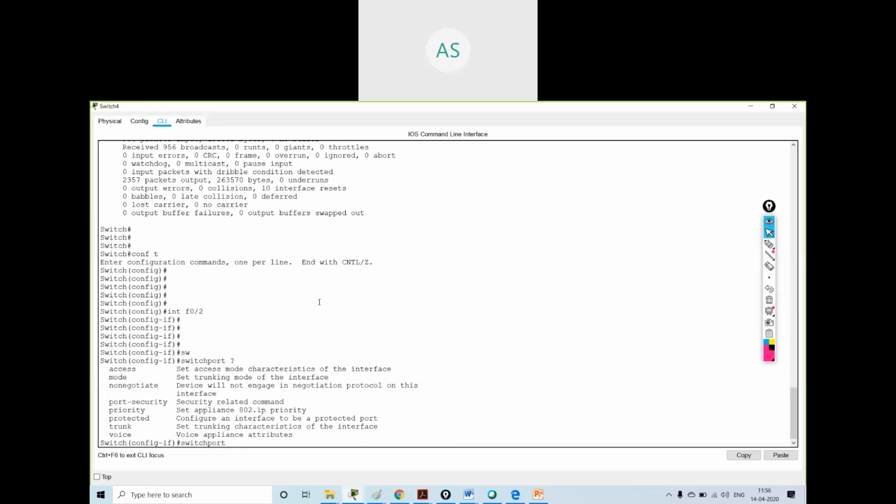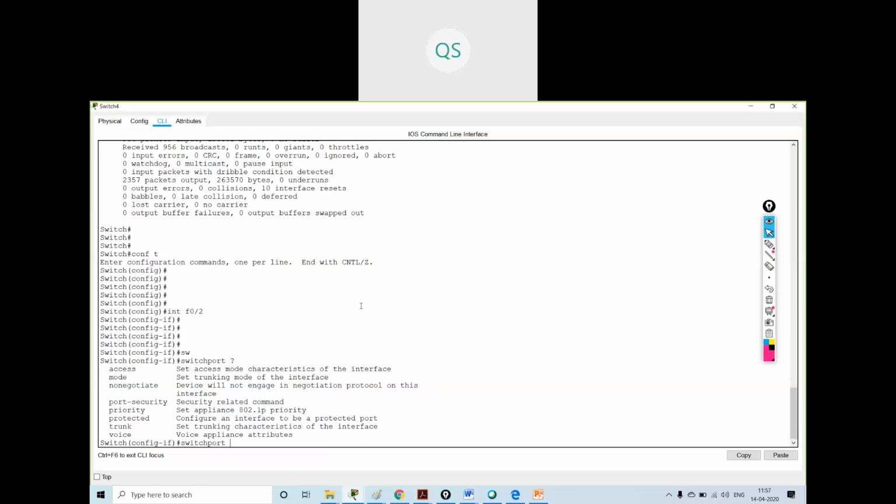And I've given another command, mode access. MLS QoS trust COS. I don't know what that means. They have given one more command, sir, for trusting the data. MLS QoS trust COS. Okay, that is for voice traffic. The command is MLS QoS, quality of service.